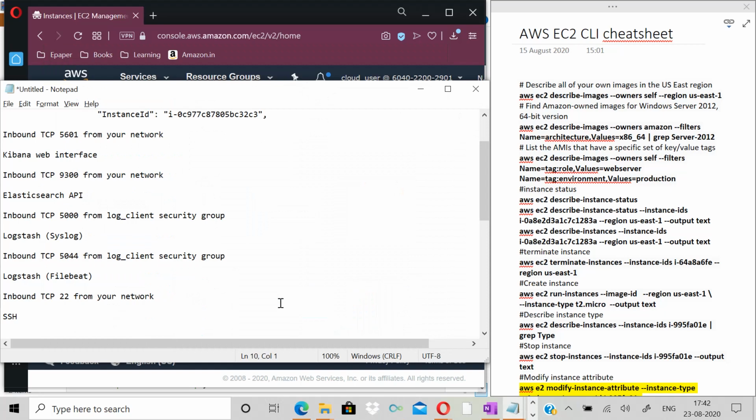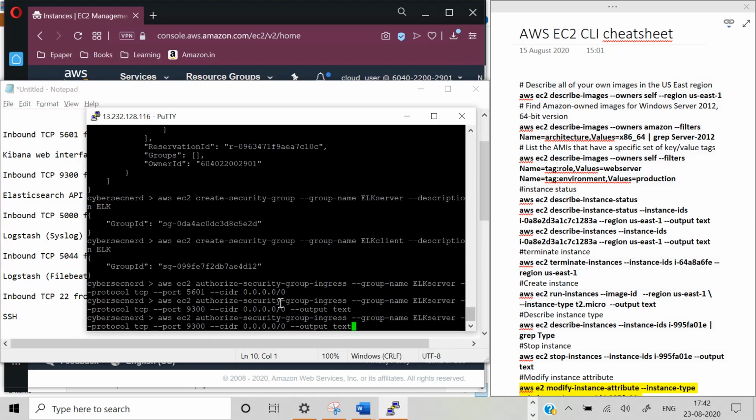The port number we will be using is 5000, and we need to remove the CIDR range. Instead, we will give the source group, and the source group for us at this point in time is ELK client.